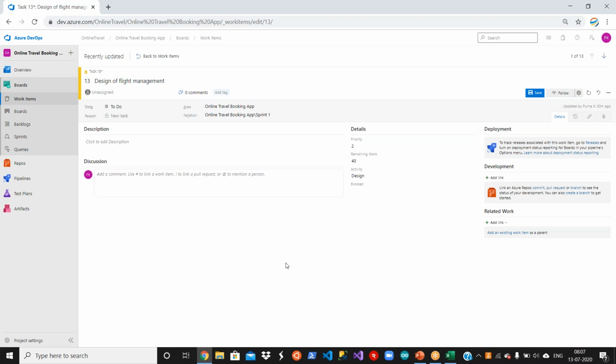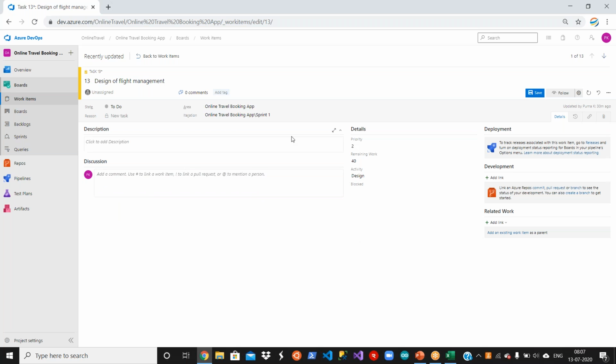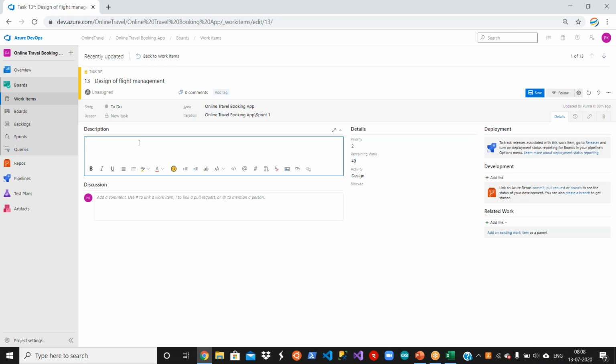send some email notification, or you want to update some other field here automatically. Okay, that automatic, let us say somebody did something, I want to update my description box. Hey, something is updated, so I can add some text to the description box automatically. Okay, that can be done by using your